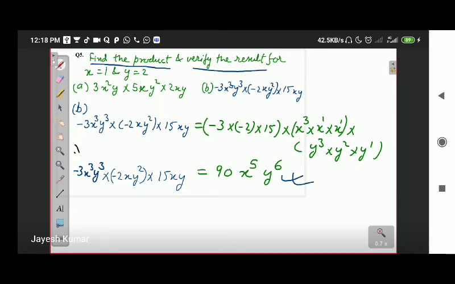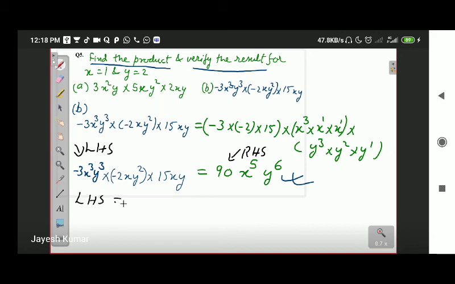This is the LHS part, left hand side. This is the RHS part. So in LHS and RHS, separately we are going to put in the value of x equals 1 and y equals 2, and then we will find out the answer. So how will we write it? We will first of all write down LHS.